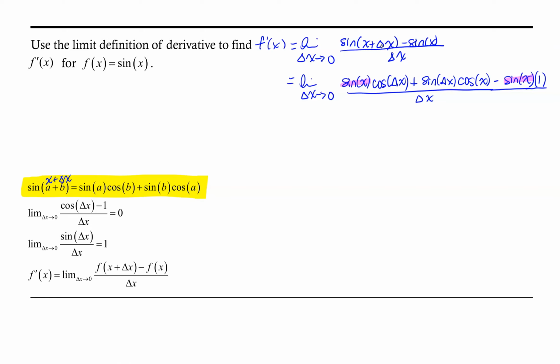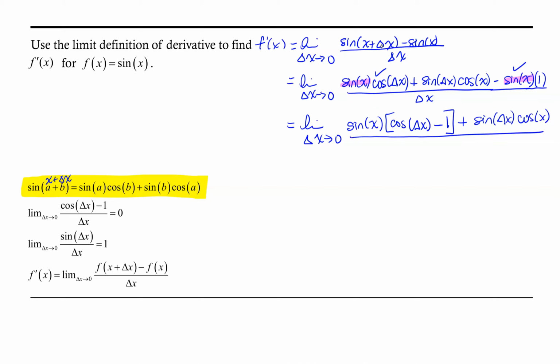So here we go: equals the limit as delta x goes to 0 of sine of x times cosine of delta x, that's this term, minus 1, that's this term, plus sine of delta x cosine of x,